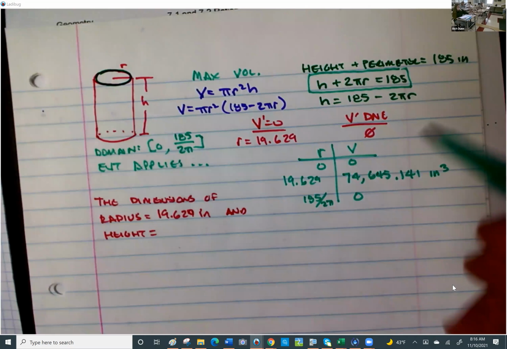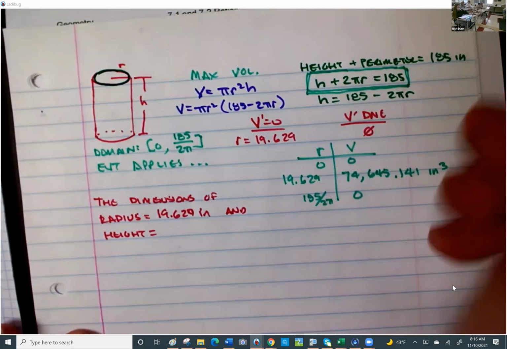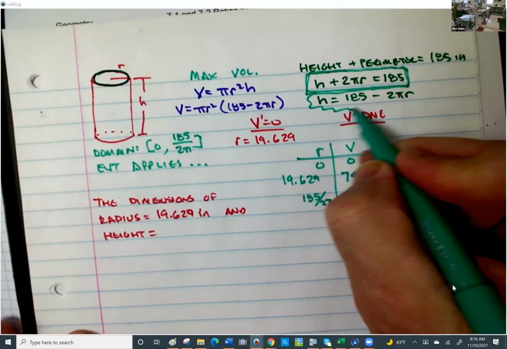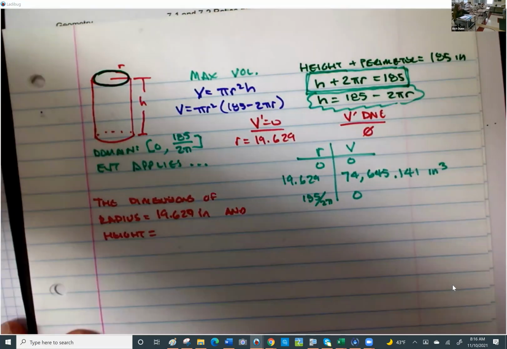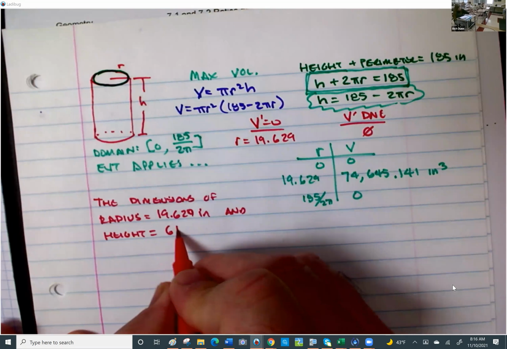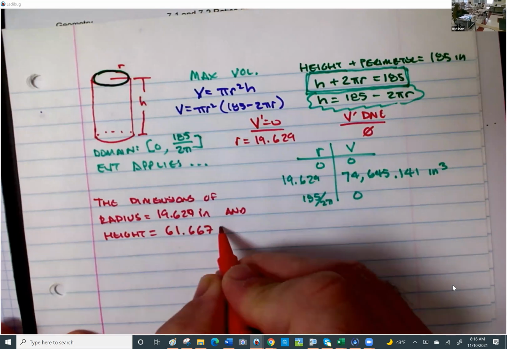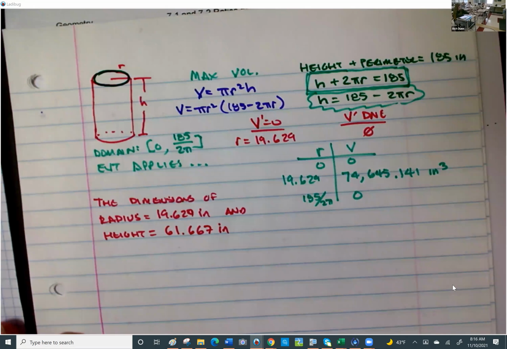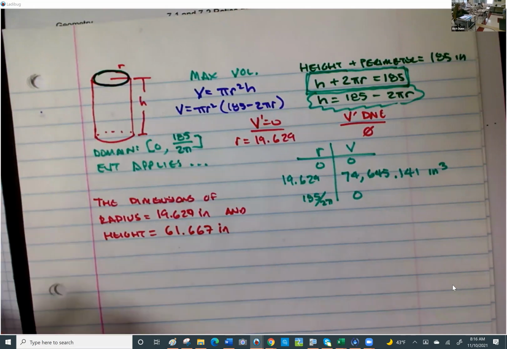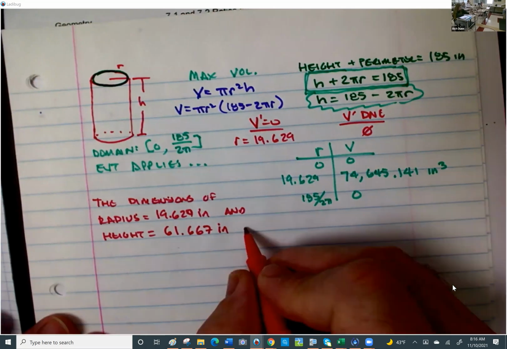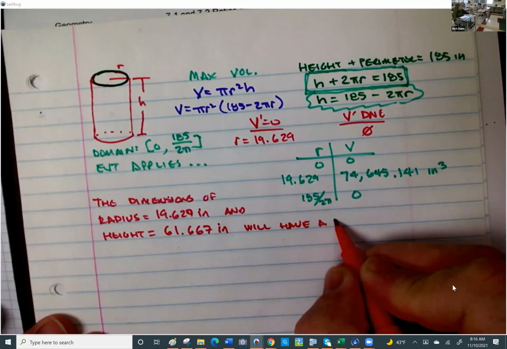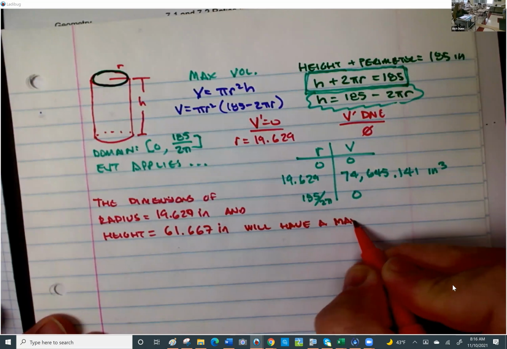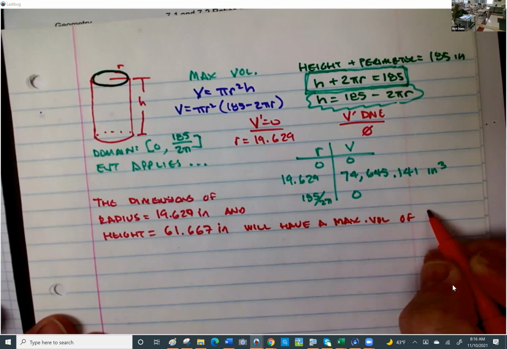This guy right here problem, right? So actually, we'll use this one. And when I substituted that in, I got a value of 61.667 inches. Dimensions of a radius equal this, and a height of that will have a max volume of the